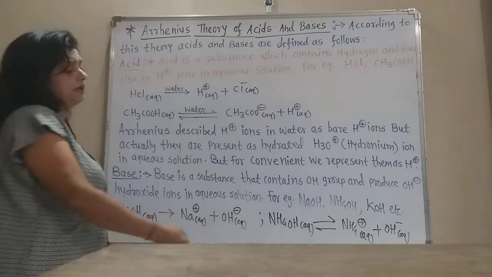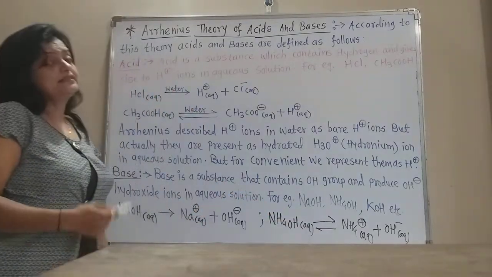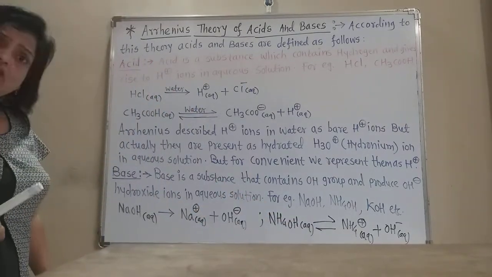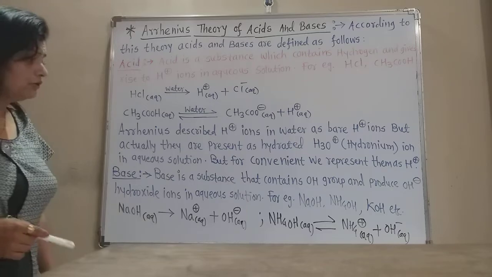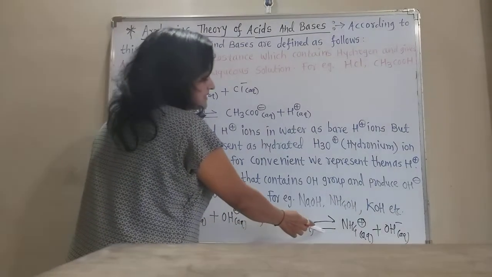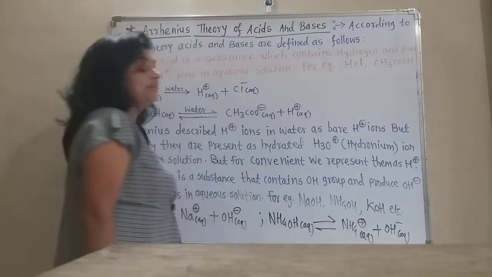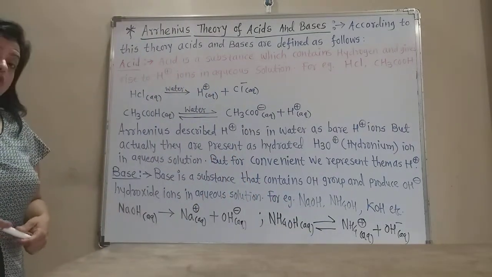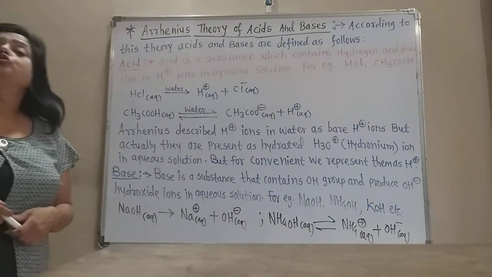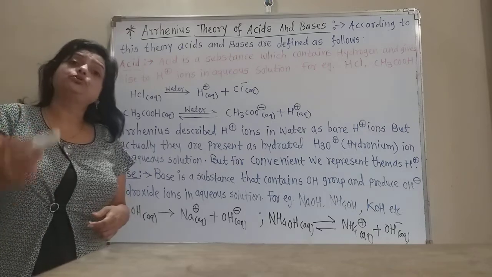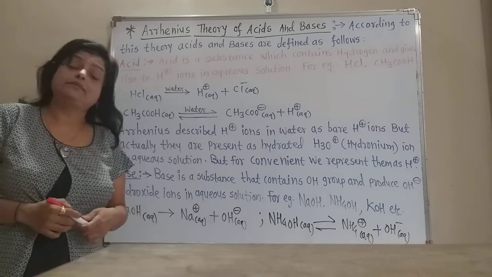So there is the double head arrow, and there is the equilibrium between the ions and the unionized molecules. Therefore NH4OH aqueous ionizes as NH4+ aqueous plus OH- aqueous. Now, students, this is a very useful theory which gives useful definitions of acids and bases, but there